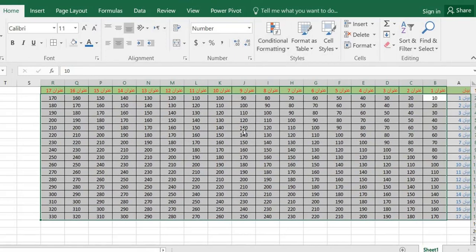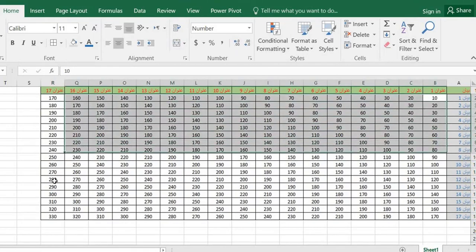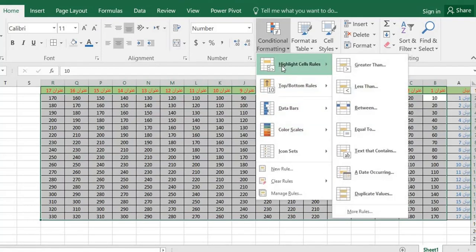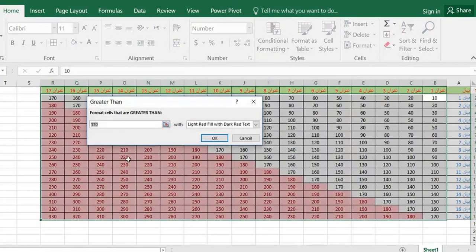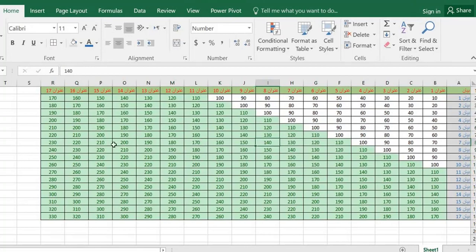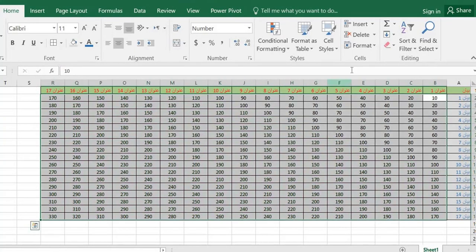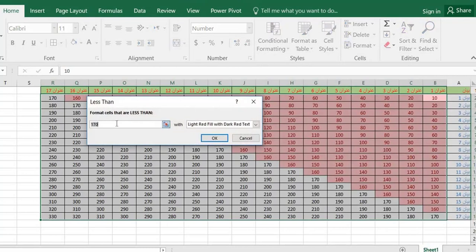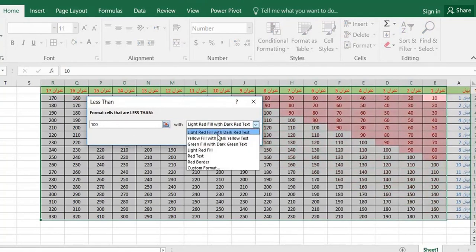To apply conditional formatting based on a certain condition, we highlight the cells. Then we click on Conditional Formatting. Then, we highlight the cells with conditions, then greater than, for example, greater than 100, and choose the green color for the condition. The color will change for all cells where the value is greater than 100. Similarly, by selecting Conditional Formatting, then highlighting cells with conditions, if the value is less than 100, it will turn red.